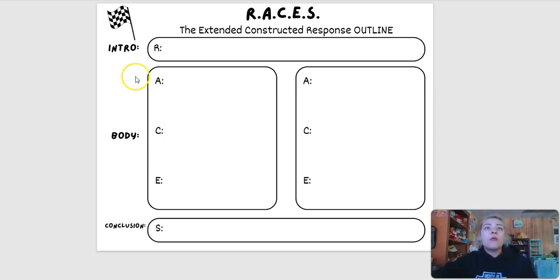So you'll see with our introduction up at the top with R, and then a conclusion down at the bottom with S. And then for our two body paragraphs, you'll see that we have R.A.C.E.S repeated. If you can write one R.A.C.E.S paragraph, you can write the essay because we are just going to give a